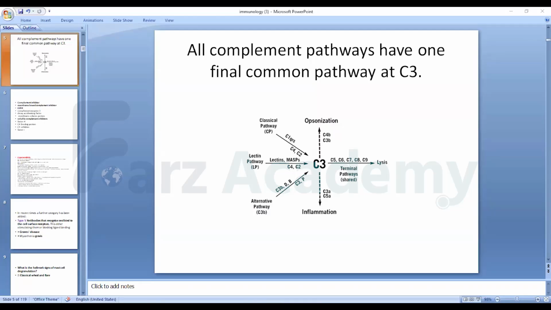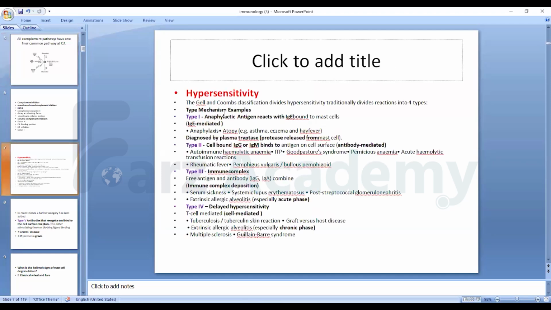The slide is not changing, sir. Slide is not changing. Now, doctor? No. Some problem, I think. Is it visible? Yeah, it's visible. Okay, so